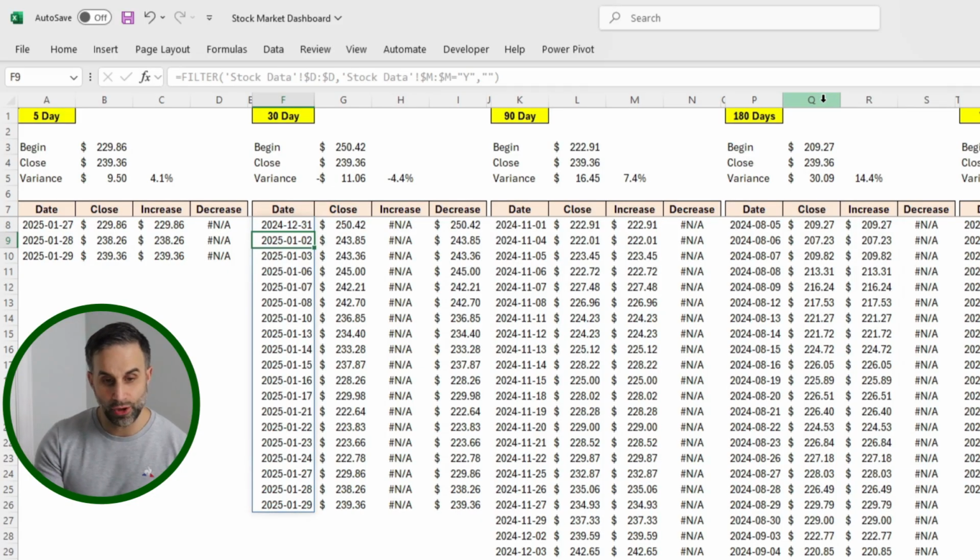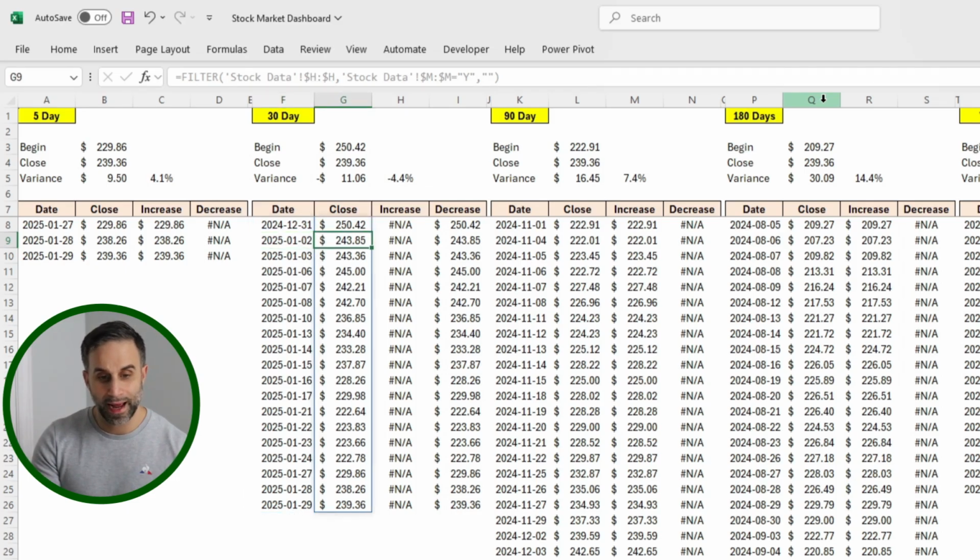And you could see that I just reproduced what I had there before. So that's how to use the filter formula. Now, the closing price is the exact same thing. I'm using the filter formula again. The only thing that changes is the first criteria. Instead of taking column D for the date in the stock data tab, I'm taking column H for the close